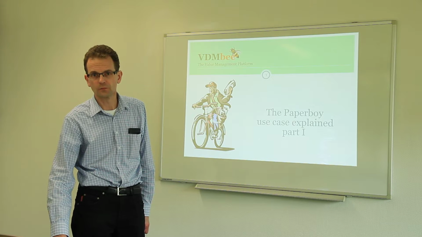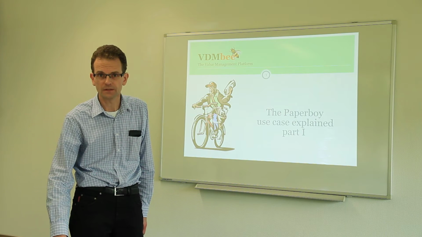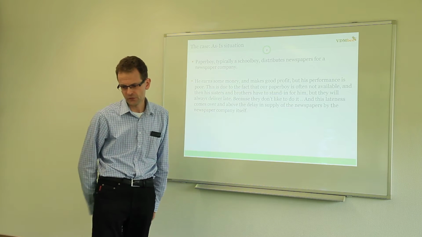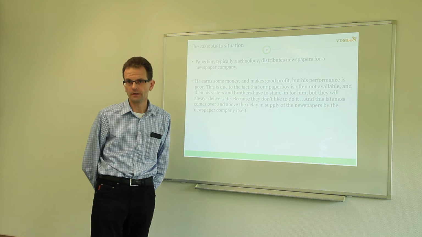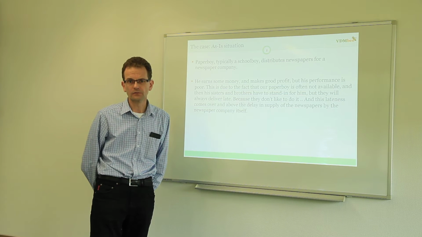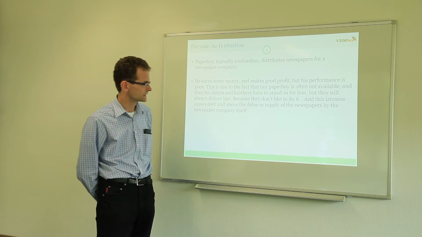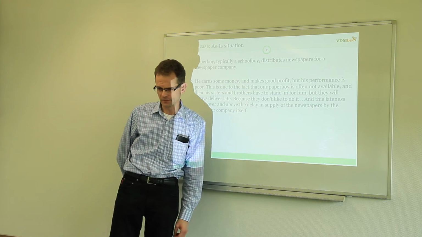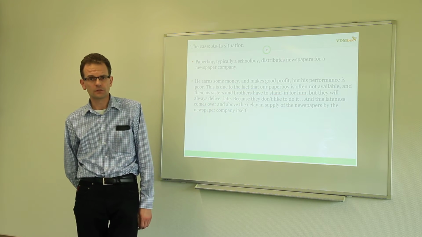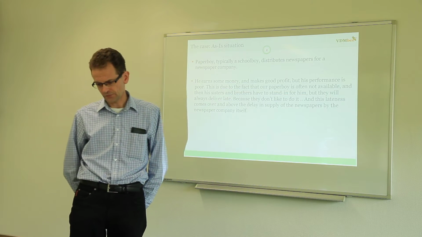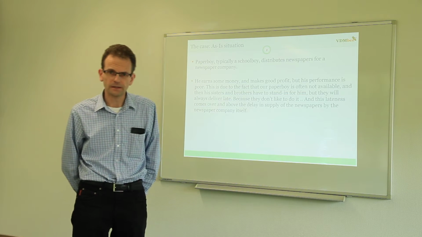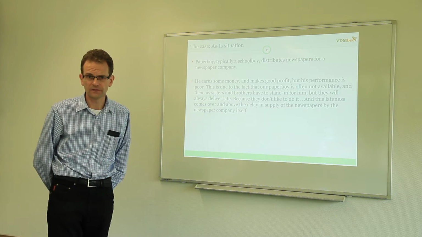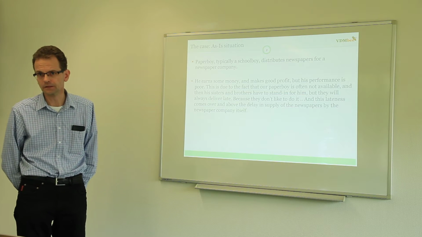So he runs a simple business model. Even this simple person has a business model. But this business model is not functioning too good. That is mostly caused by a lack of discipline from his side. It's not only that the newspaper itself is sometimes not reliable in delivering the newspaper to him, but he himself is often just not available because he forgets it or he has other priorities. And then he asks his brothers and sisters whether they can do it for him, and that sometimes works, but often they don't like it, and they are also late.